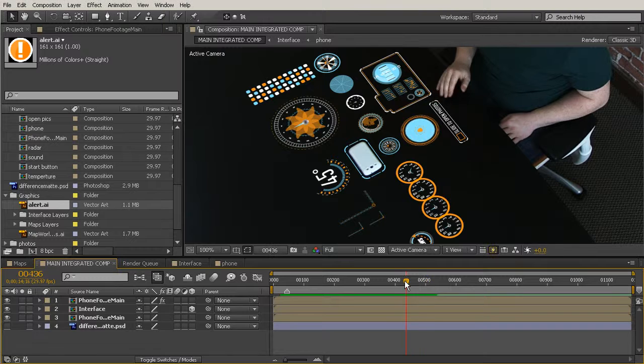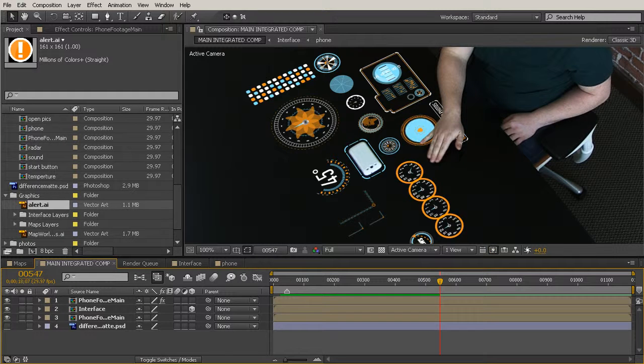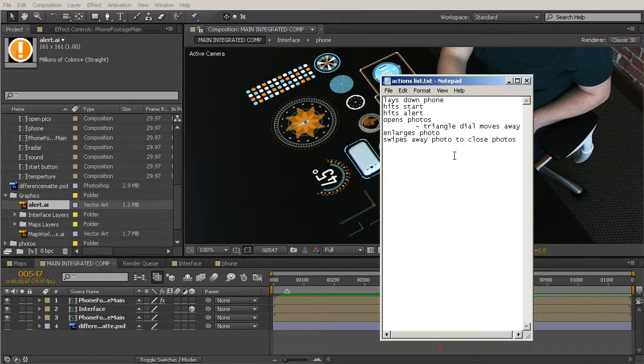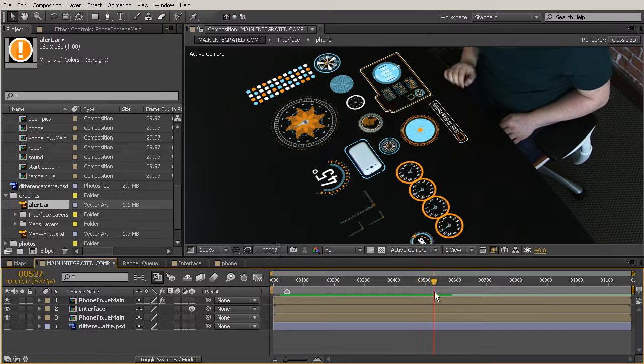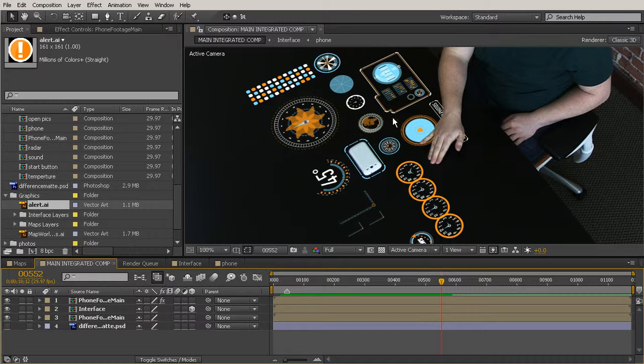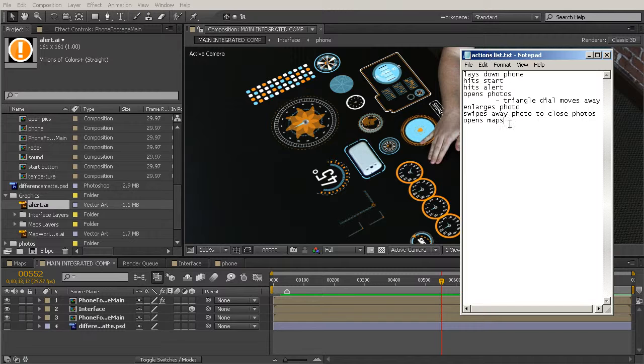And then we get this little pull down. Now the closest thing to that is going to be the maps button. So we could say that he opens the maps. We'll just go ahead and put this here. Opens maps. And then he could maybe choose one of those maps. So maybe those maps come out in a list form, and he chooses one of those maps as he taps right there. So we're just imagining that the maps have opened and brought some stuff out in front of him here. So we could call that